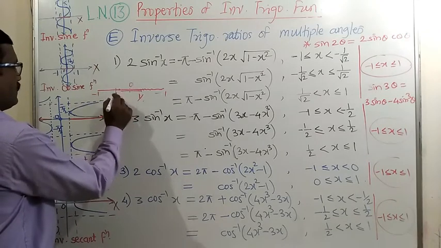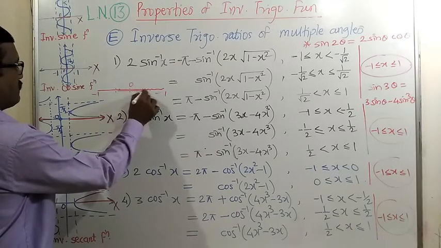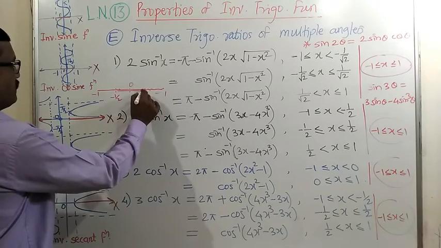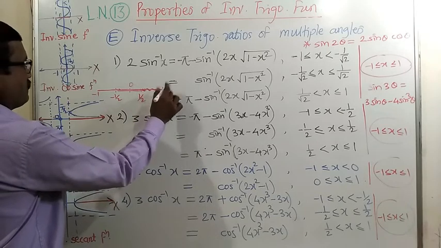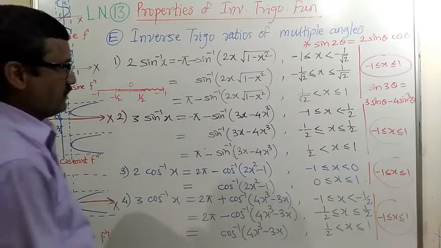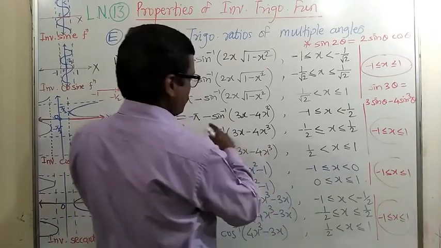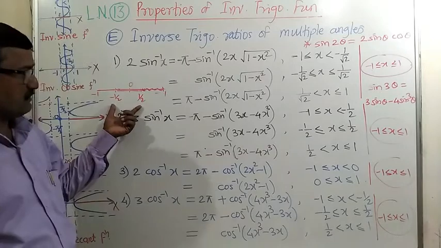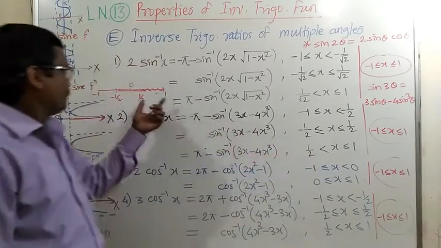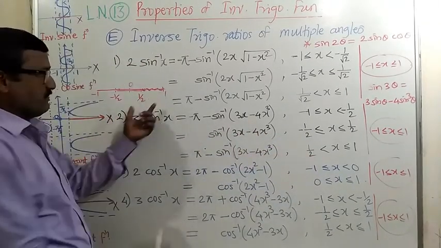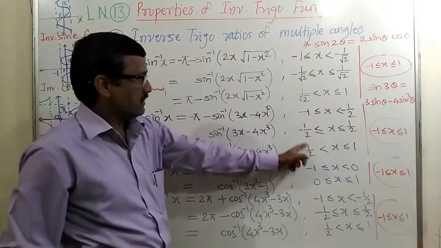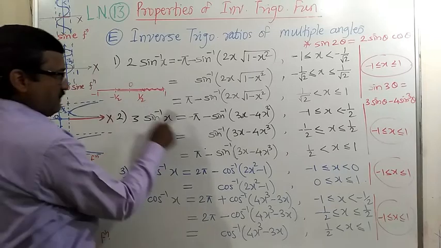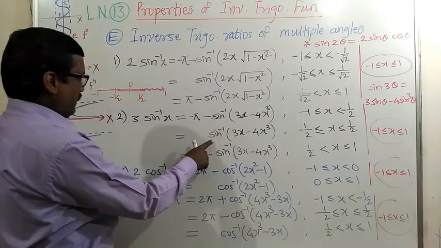This is 0. This will be -1, -half to +half, and +half to -1. So first is -1 to -half, second is -half to +half, and +half to +1. These 3 intervals are taken, and in the central interval the function is as it is, that is 3